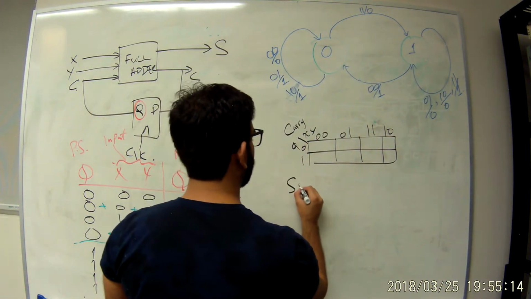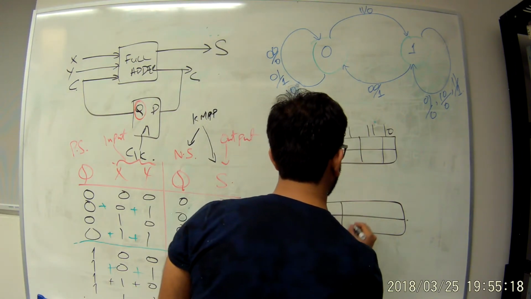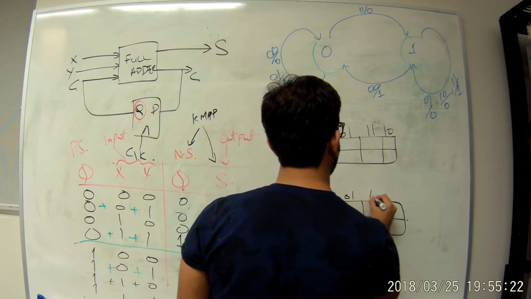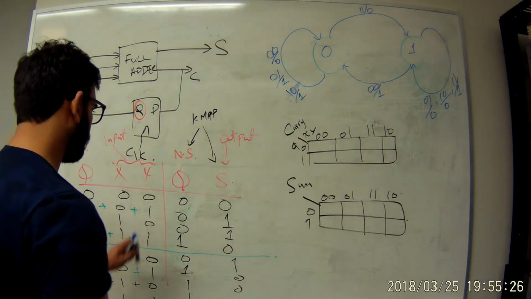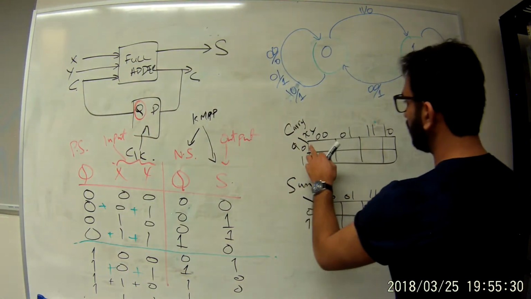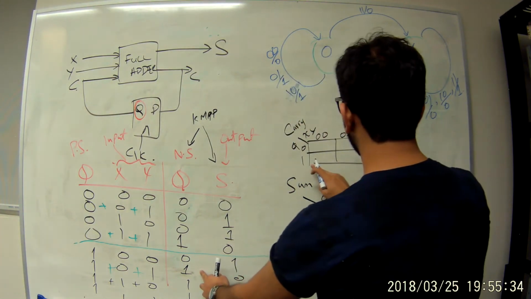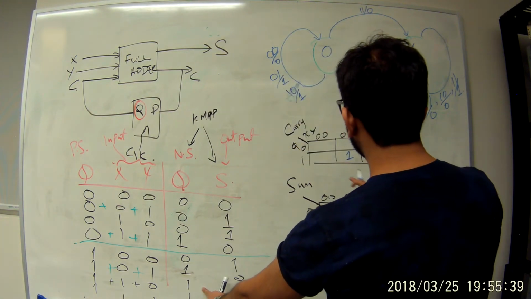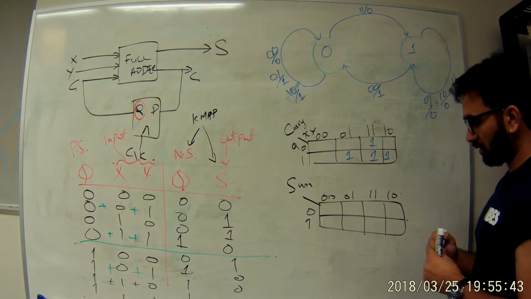And then we have 1 k-map for sum, and same thing. 3 bits. 0, 1, 0, 0, 0, 1, 1, 1, 1, 0. Over here, for our next state, we have 1 at 0, 1, 1. So we're going to put 1 down here. Then 1 at 1, 0, 1, and 1, 1, 0 here, and 1, 1, 1 here. This gives us